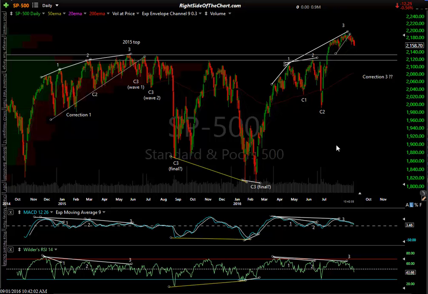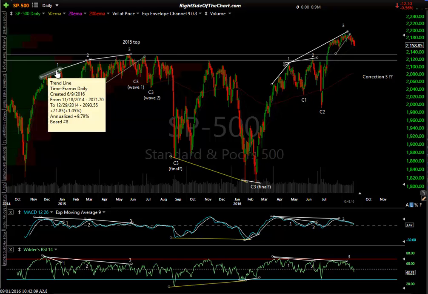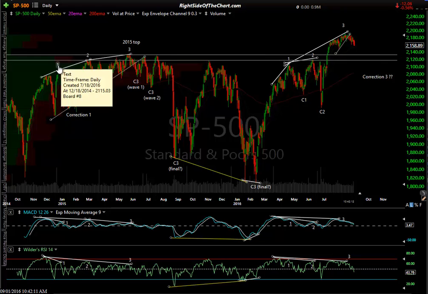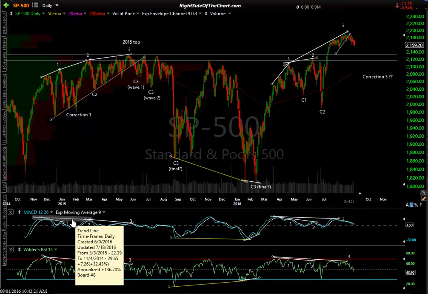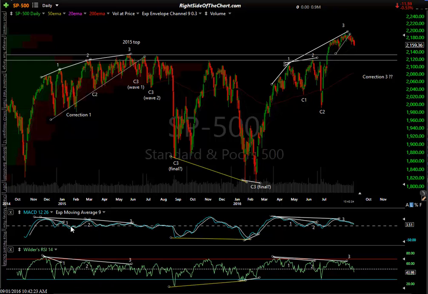And for those of you not familiar with it, I'll just touch on what I've covered here. Back in 2015, we had a series of 3 consecutive divergent highs, labeled here as divergent high number 1, 2, and 3. Each divergent high in itself produced a correction. When I say divergences, for those not familiar, I'm talking about price making higher highs while your indicators and oscillators down here make a series of lower highs. So you had divergence 1, which in itself led to a correction, then divergence 2, correction 2, divergence 3, and these were the waves down in the correction.